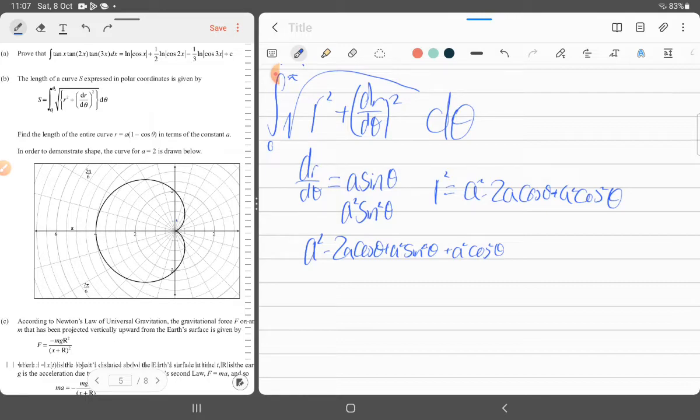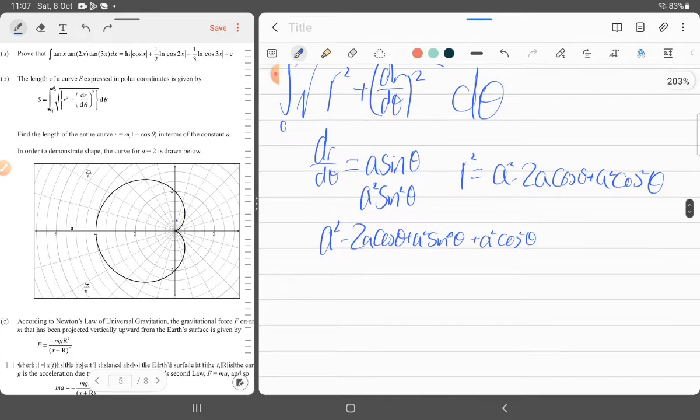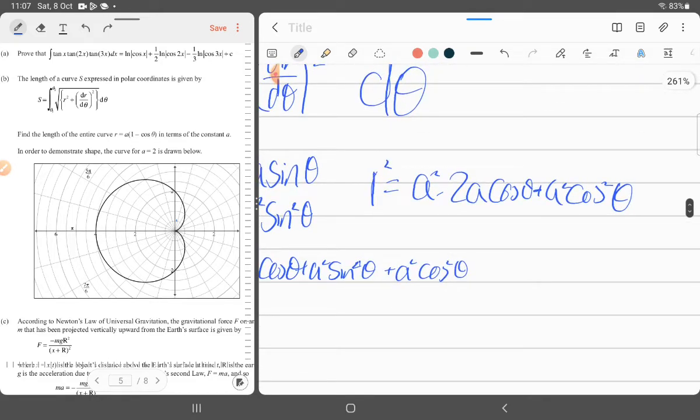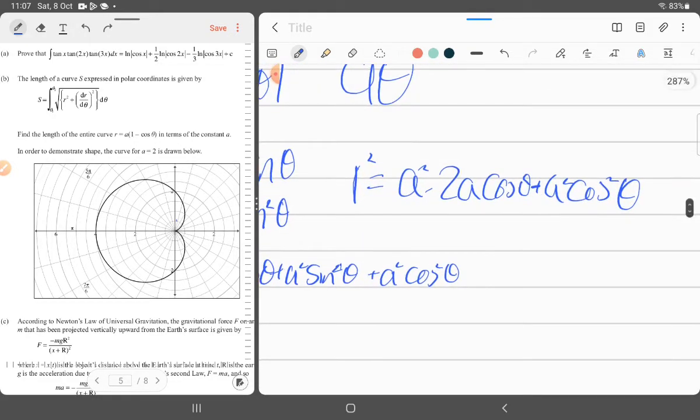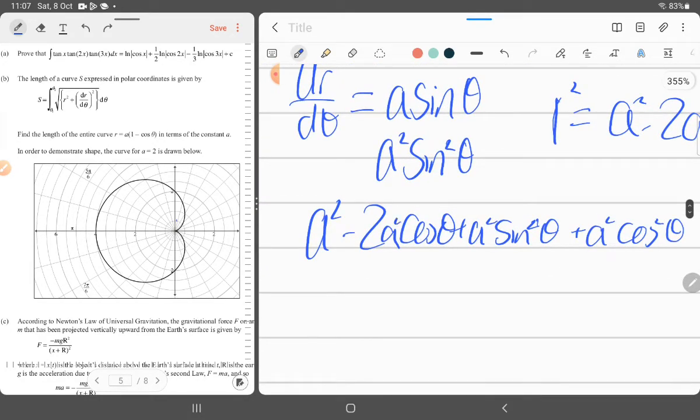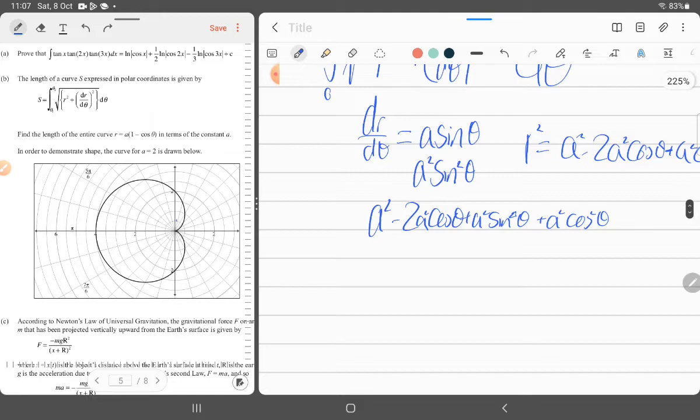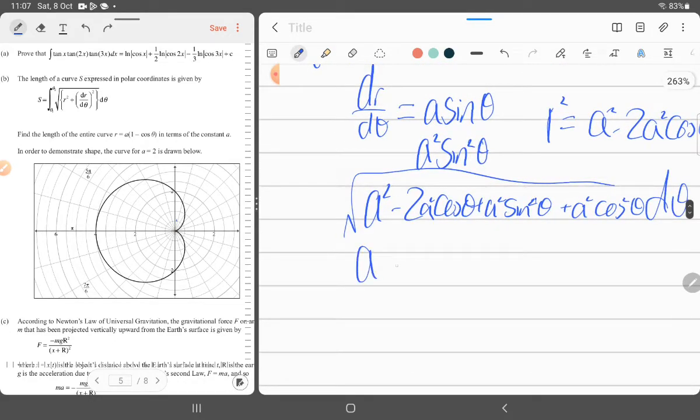I think I am correct here. Wait. Oh no. It's supposed to be squared here. So we can factor out the square root of that d theta. We can actually factor out a here because we can factor out a squared from above. So a brackets 1 take away 2 sine theta plus